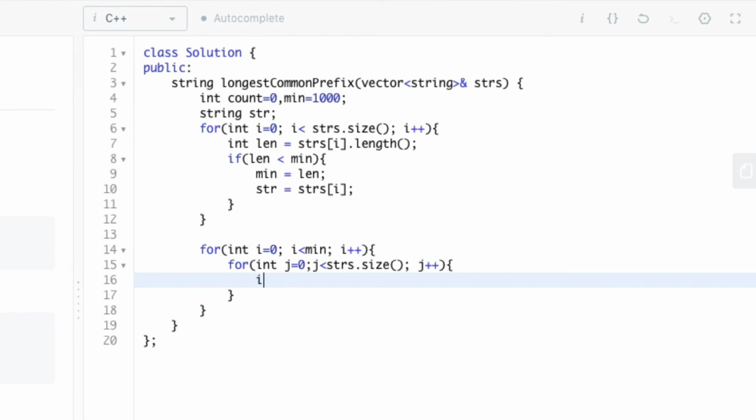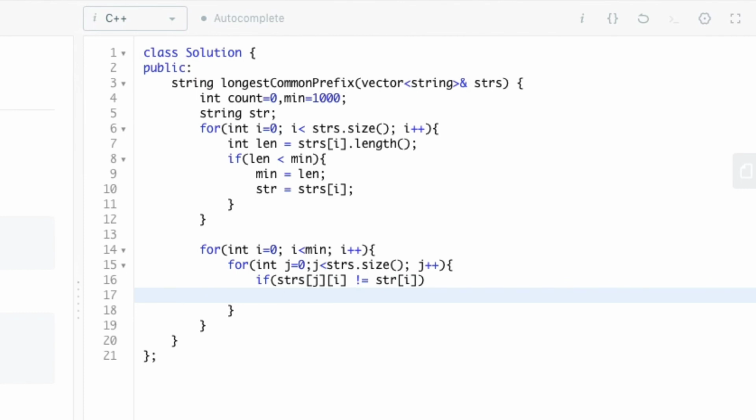For that we can insert an if statement. Here strs[j] represents the jth string and strs[j][i] represents the ith character of the jth string. If this is not equal to the ith character of the minimum string, then return the substring.